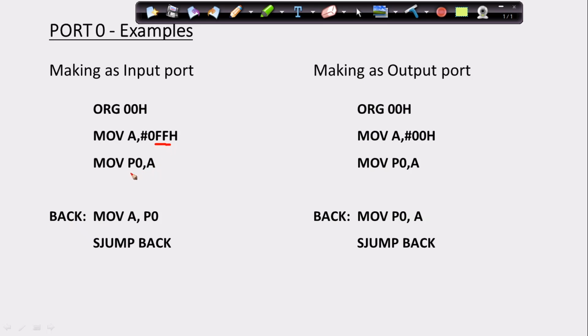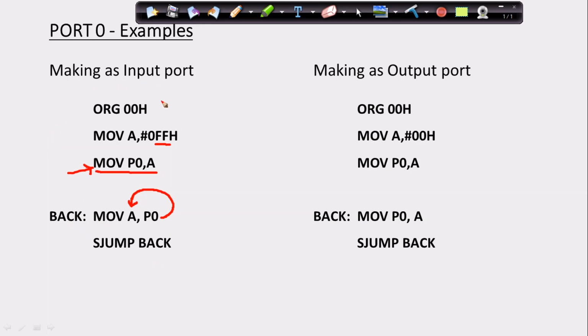I'll be sending FF hexa to this port, and by this instruction I'll be making port 0 an input port. Since it is an input port, I'll be reading the values coming from port 0 into my accumulator. So this is how input ports are connected.